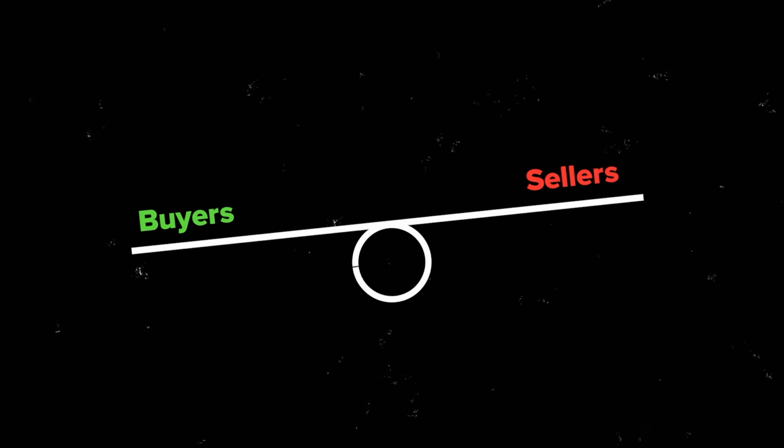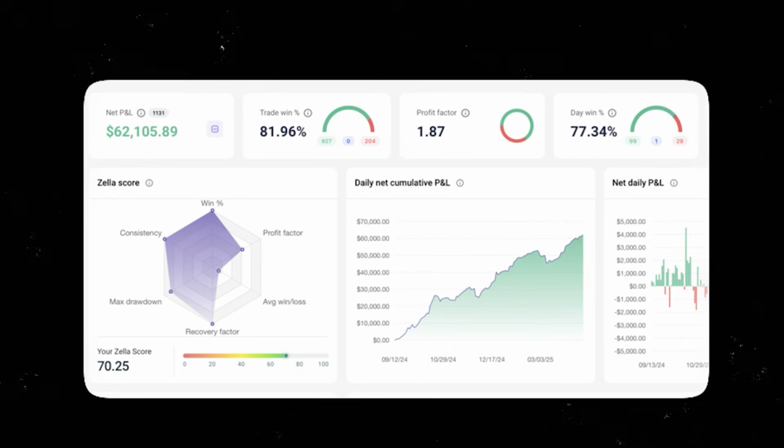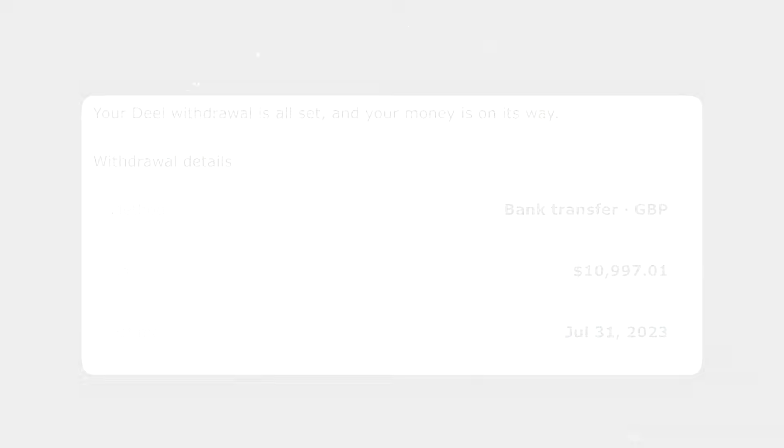Now, volume is great, but the reason why people use order flow is because you can see the imbalances between buyers and sellers. That's the reason why order flow is better than the normal volume, and that's where we want to go. That's what the pros use. That's what my students have used to make 5 and 6 figures.